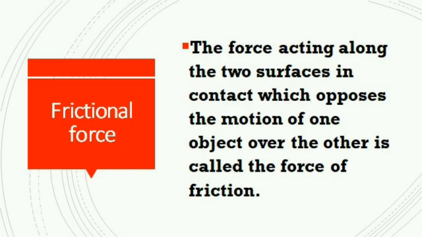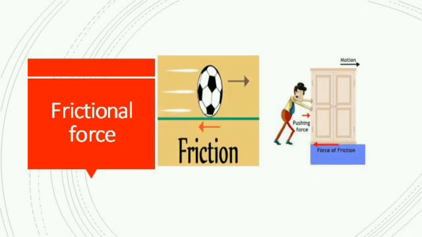When a ball rolls on the floor or on the ground, what will happen? There is some contact between the ball surface and the floor. This is known as the contact area. In this contact area, we have some irregularities. I will explain about these irregularities a little later in the next physics chapter. But here you should get the point.